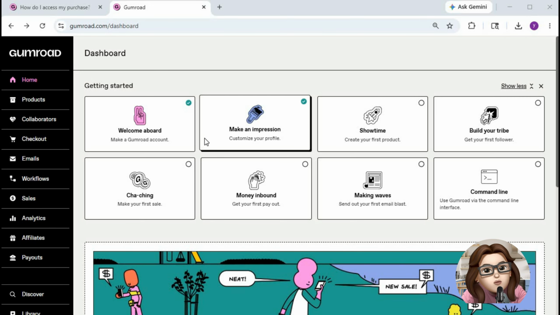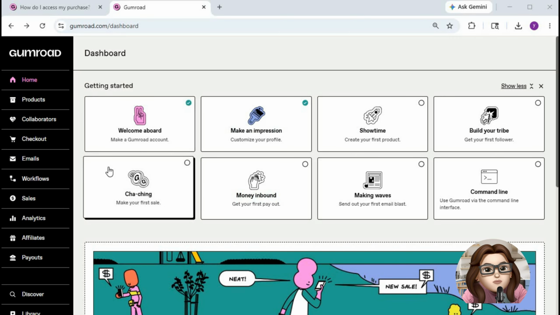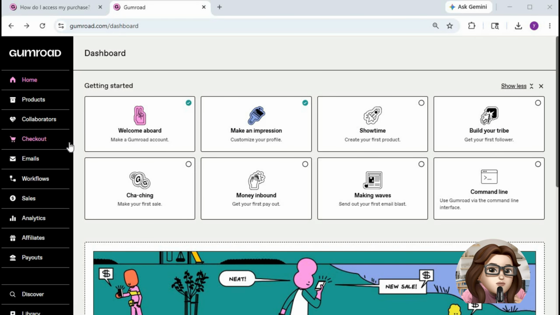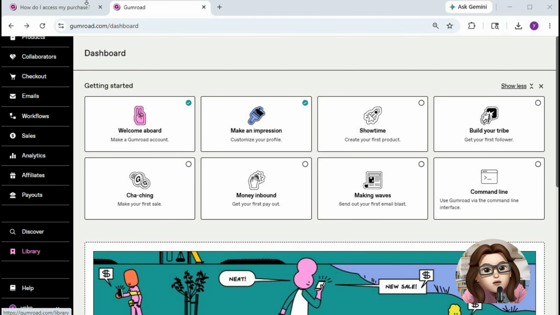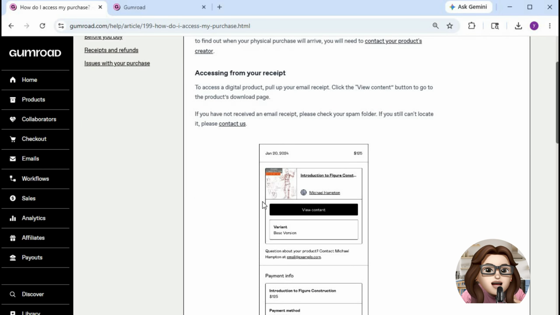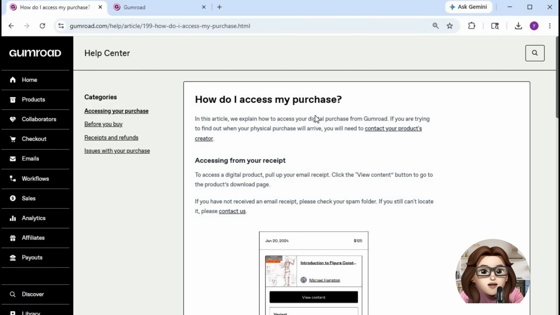Now, if you want to find your Gumroad purchase email, here's what to do. Start by opening the official Gumroad website and logging into the account you used to make the purchase. Next, go to the library section from your dashboard. After that, look for your purchased products inside the library area. If your purchase appears there, you can access your product directly from your account, even if you cannot find the